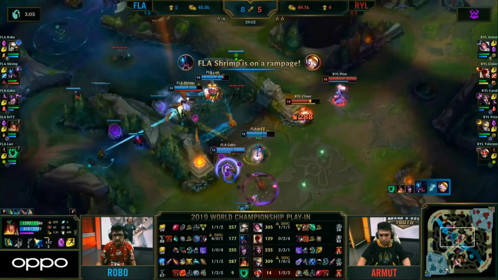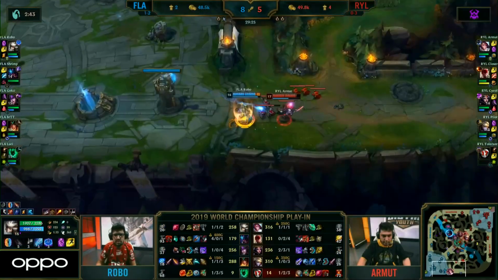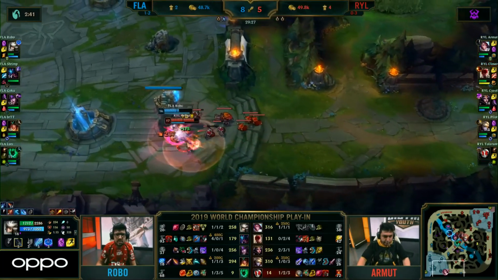Tolerant immediately blown up. BRTT now on the hunt. Closer needs to run for his life. If they wanted to start up the Baron, they could pull the TP out of Arma. It would have been a big win, but now...